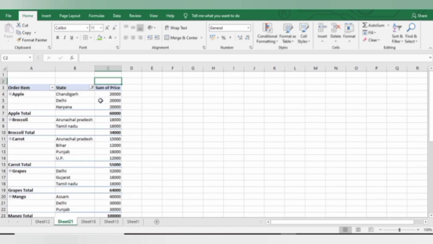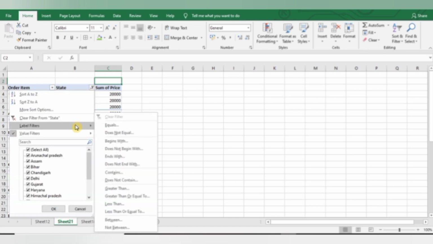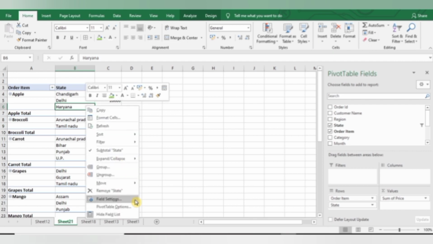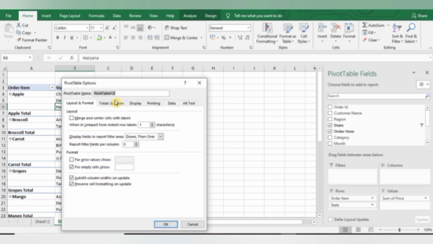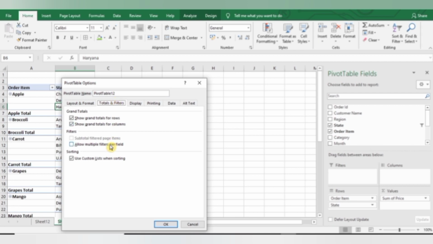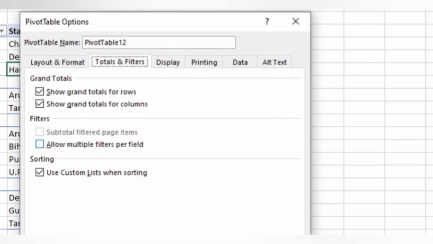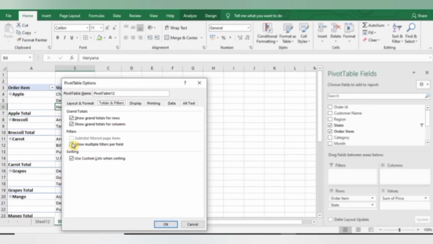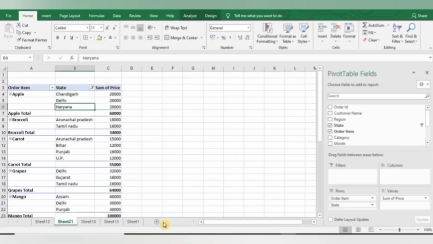But if I want both my label filter and value filter together, then for this you need to right click of mouse, and then from here you can select pivot table options and then tools and filters. Here simply click on allow multiple filters per field and then press OK.